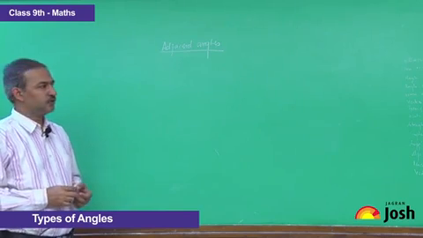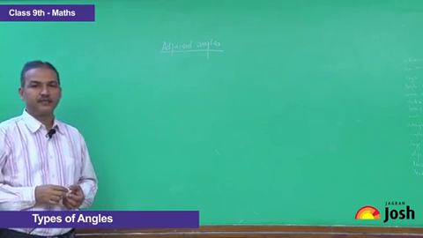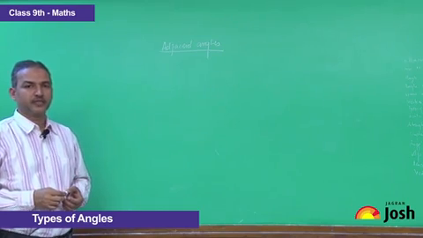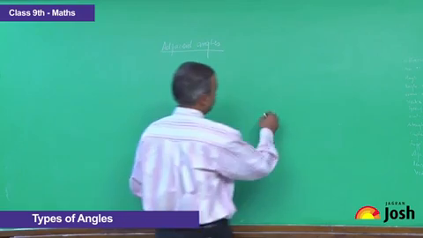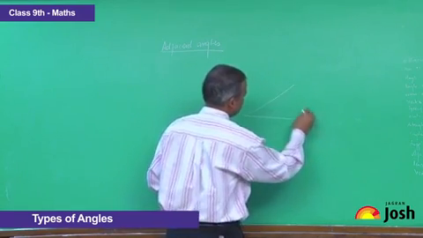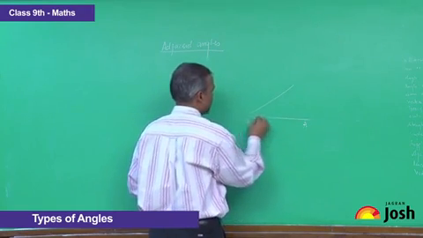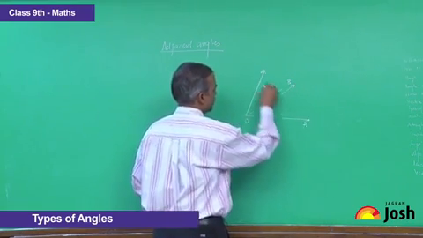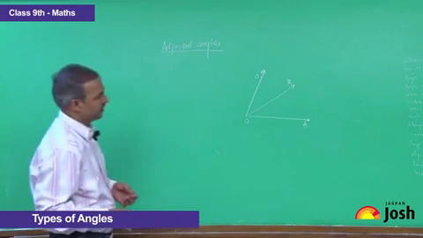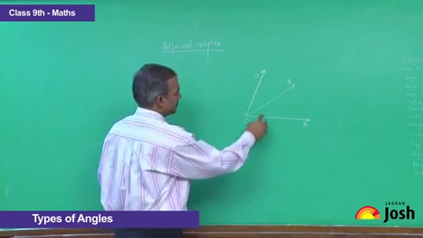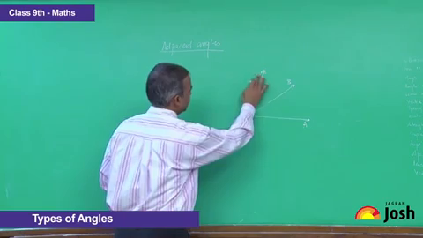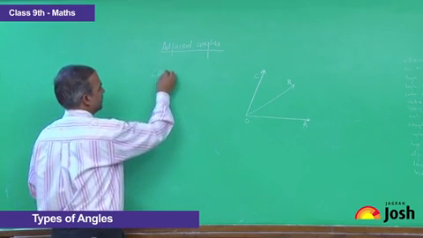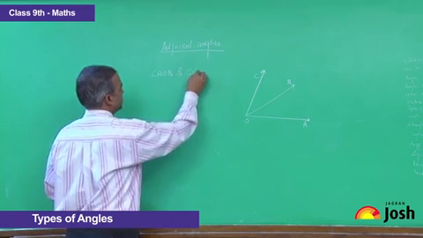Adjacent angles. Two angles are said to be adjacent if they have a common arm and a common vertex, and their non-common arms lie on the opposite sides of the common arm. For example, if we consider this angle AOB, and I draw another ray here, let it be C. Now if you consider these two angles, angle AOB and angle COB,